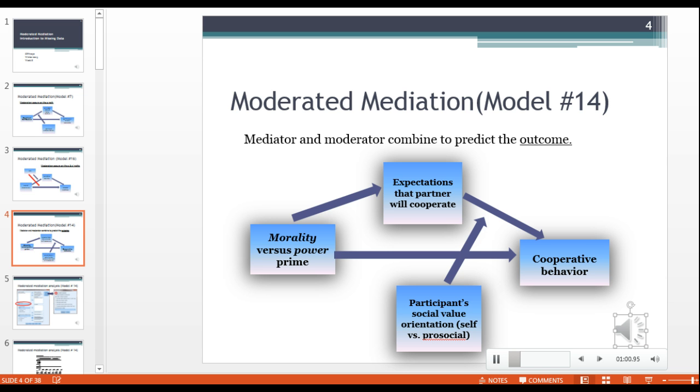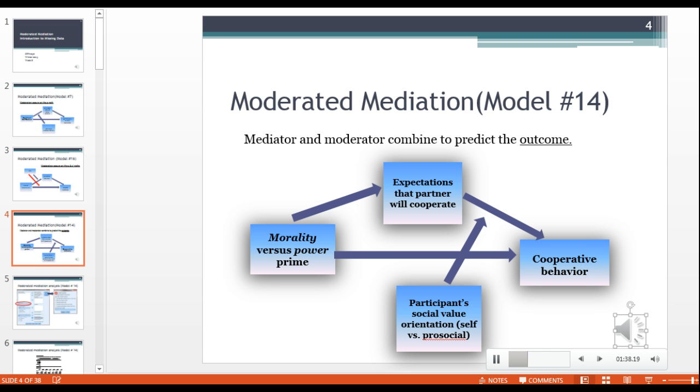What the researchers believed, as social psychologists often do, they did an experiment in the lab and they primed their participants in a couple of ways. The first way was a morality prime, and the second prime was a power prime. The way they did this is they brought people into the lab, and under the guise of a quote-unquote language skill test, they put the participants up to a task to construct sentences from various words that they